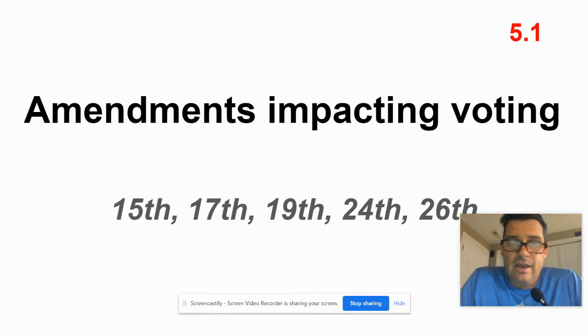impacted voting. And on the front list, 15, 17, 19, 24th, and 26th Amendments, you're going to know all five of those on this one card. So, we'll put those in the back. And on the back side, you could just put 15, 17, 19, 24, 26, probably skip a line after each one. So that way you've got room to write. But it's pretty short. All right, so before we get there, let's talk a little bit about what the Constitution